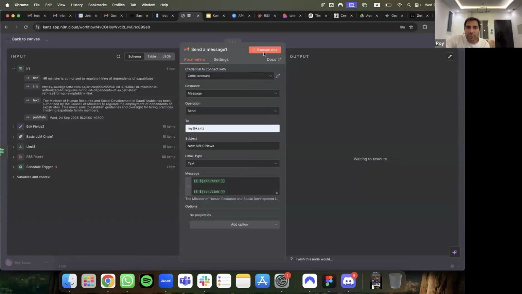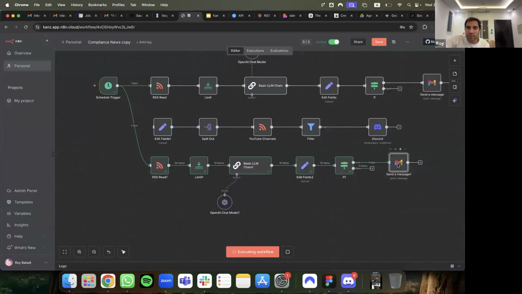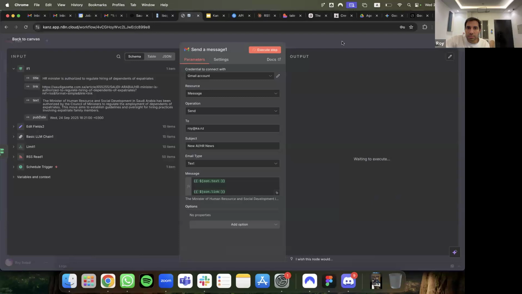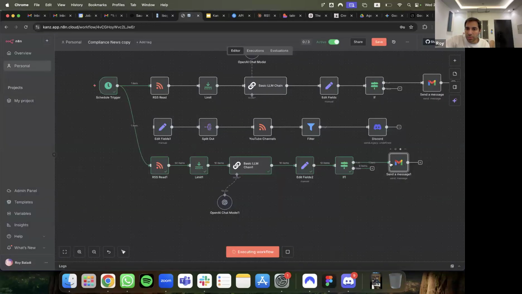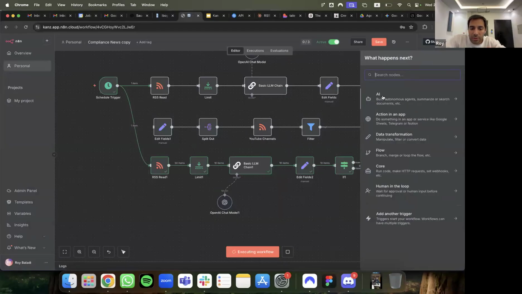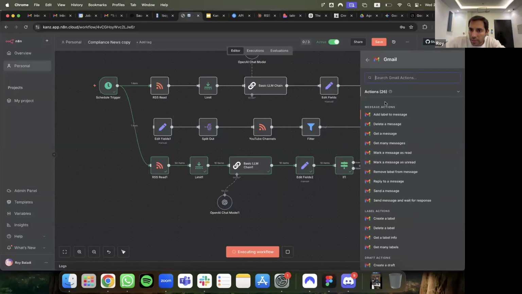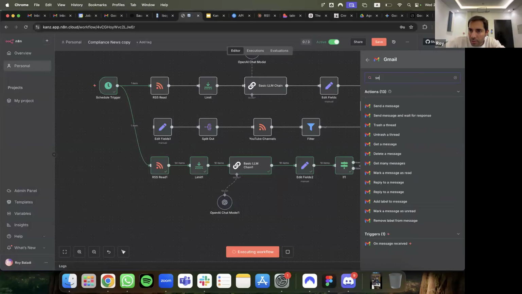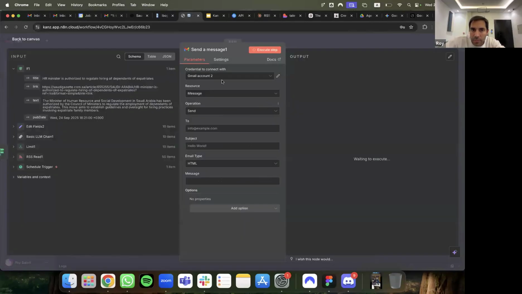I'm going to connect to this one. Maybe this one will work better. Maybe because I wasn't on the right account. I'm going to connect it again. Plus Gmail. Send the message. Gmail account, message send, info to me. HR AI news.